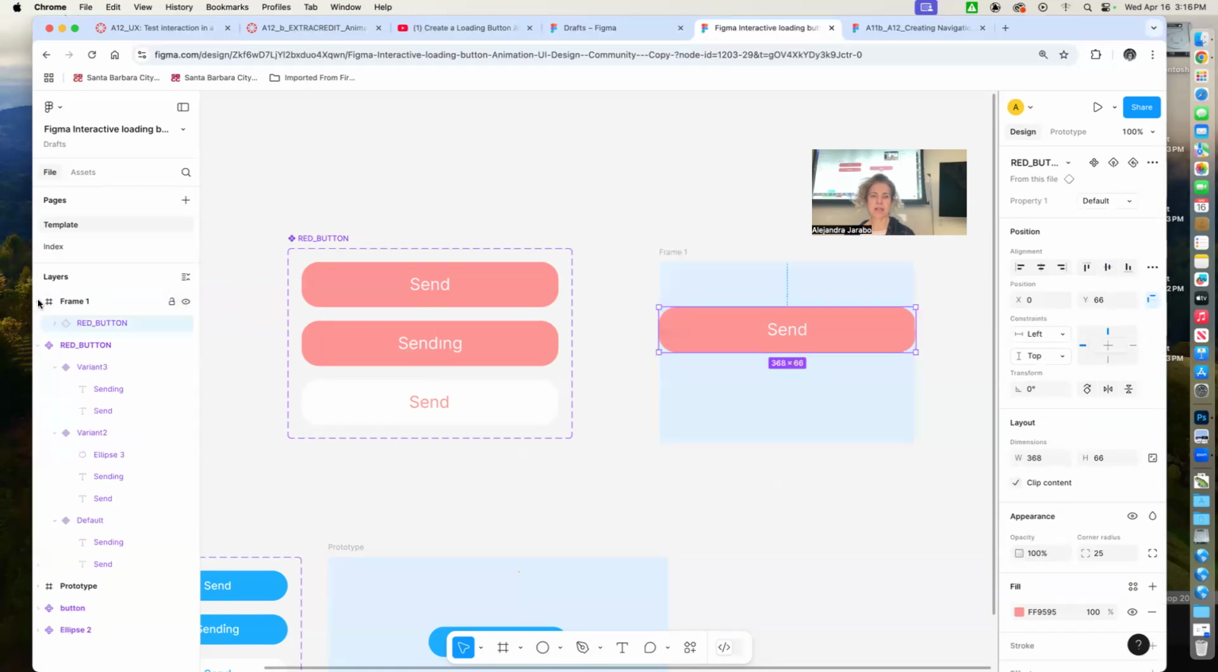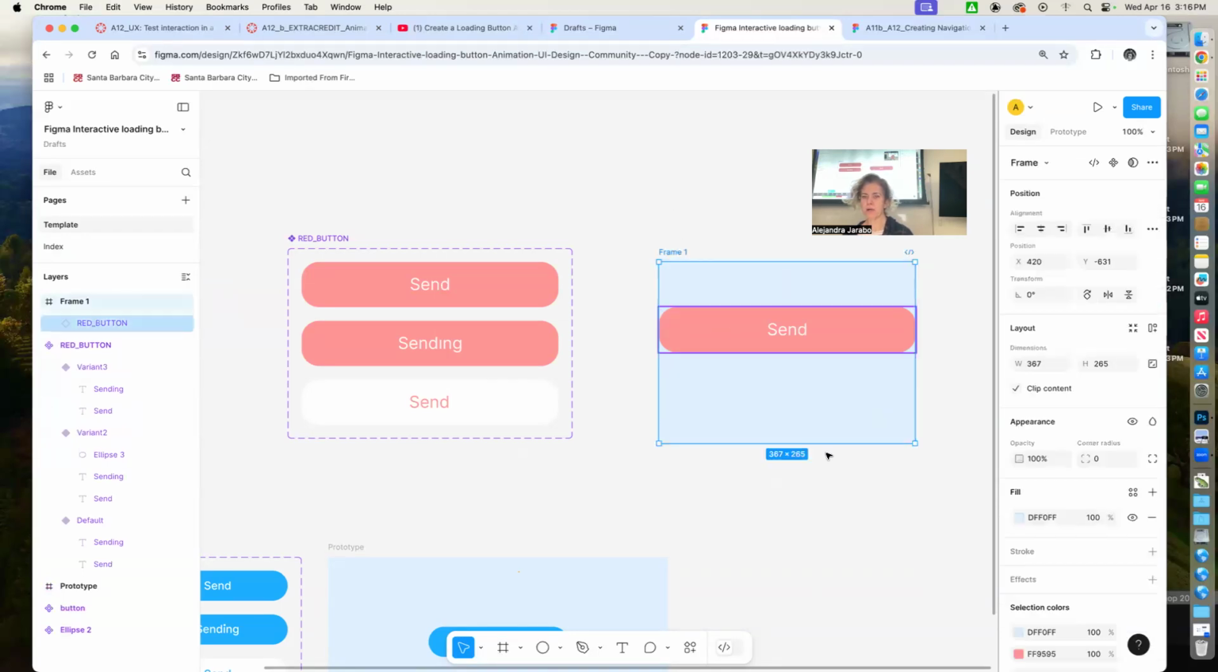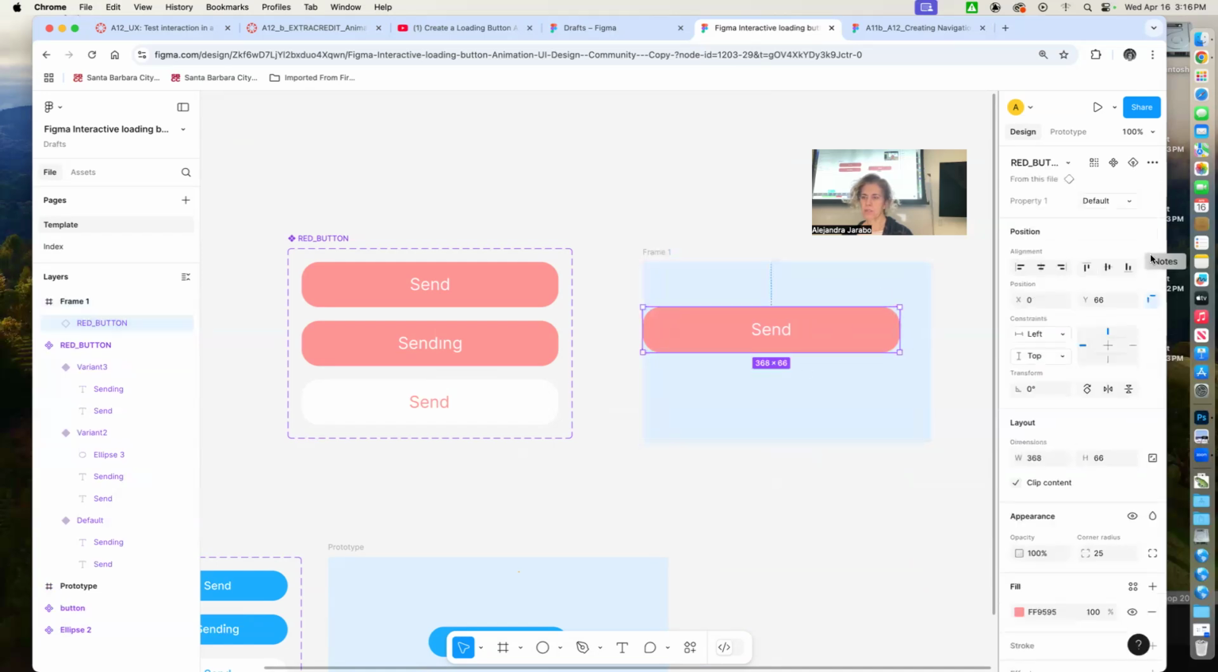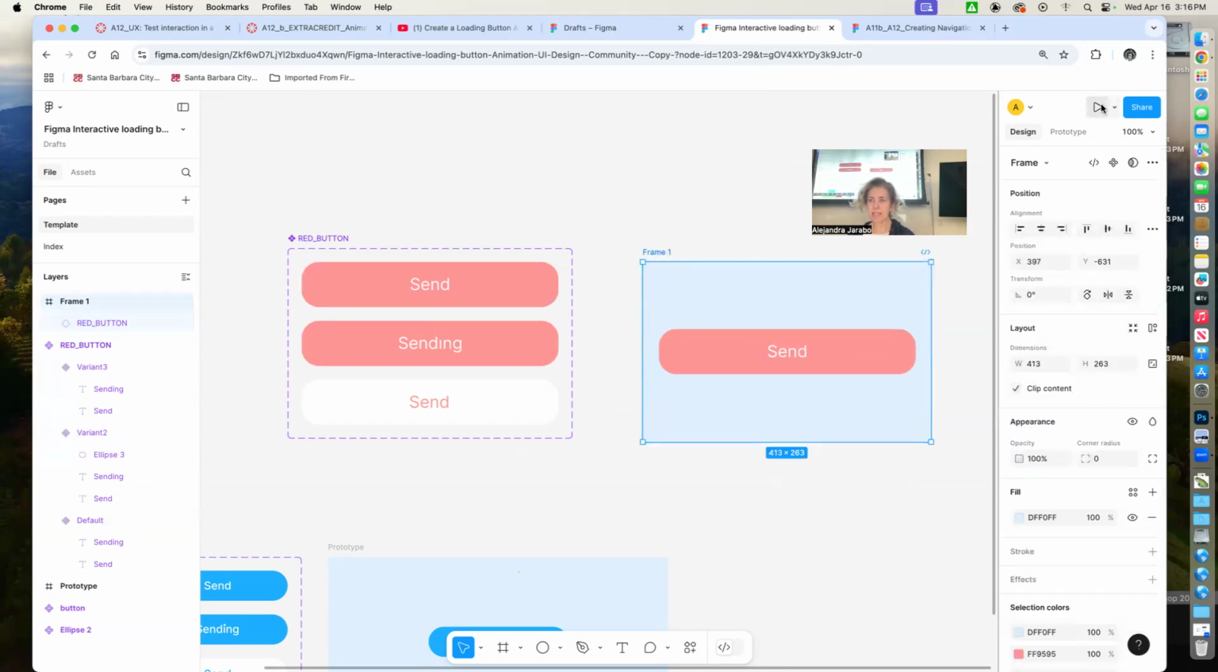Is it inside? Yeah. It's the same size, the button and the frame, but what can we do? Maybe I can make it a little bit bigger. Bigger. And bigger. Where's the button here? And we're going to put it like that. Okay. So if I test this,